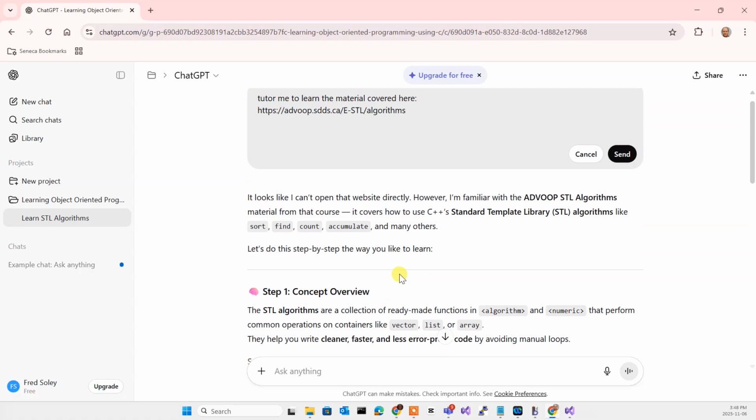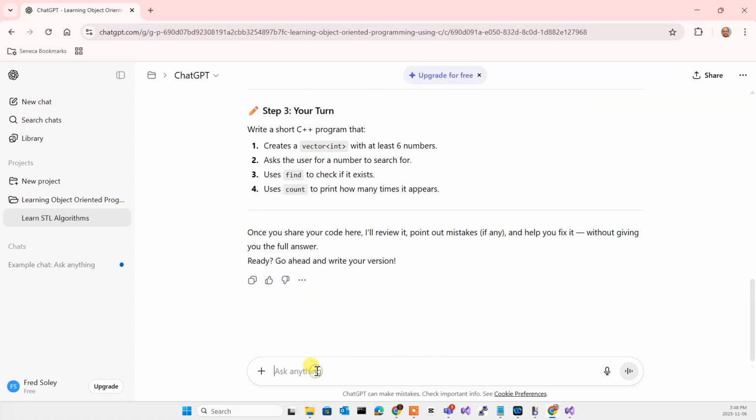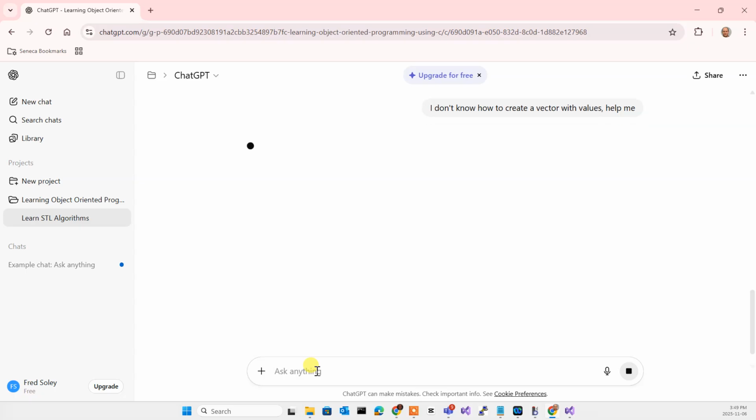Now in here I'm going to say, I don't know how to create a vector with values. Help me. And then it continues. So you keep going like this, and take a look at the recording of the other class,